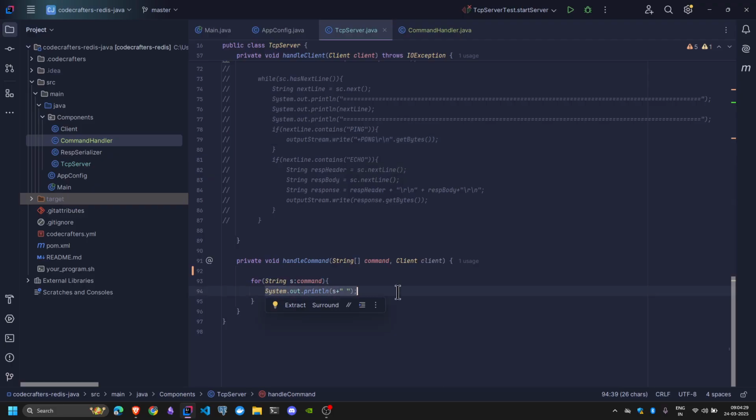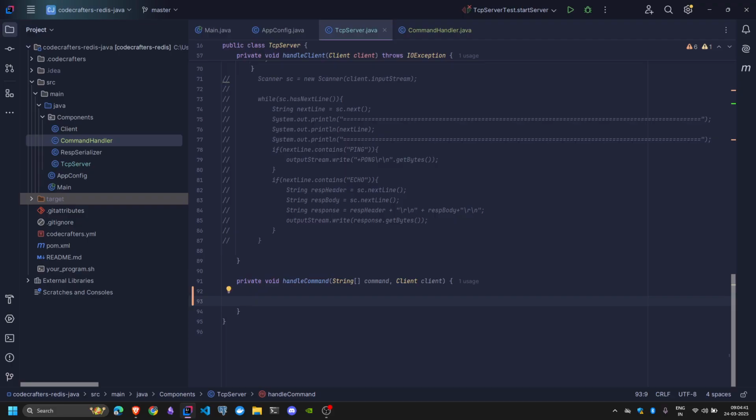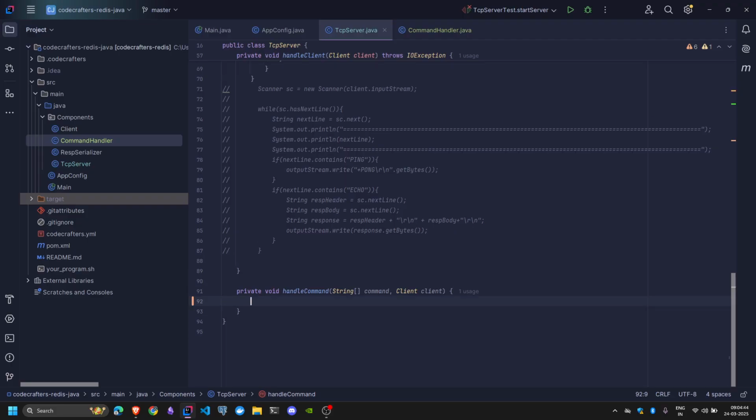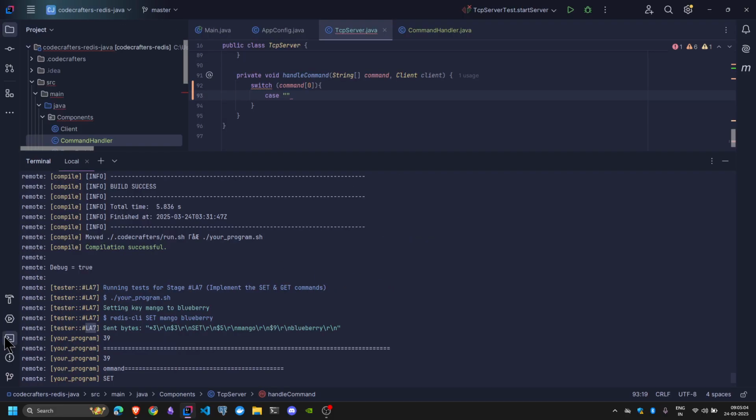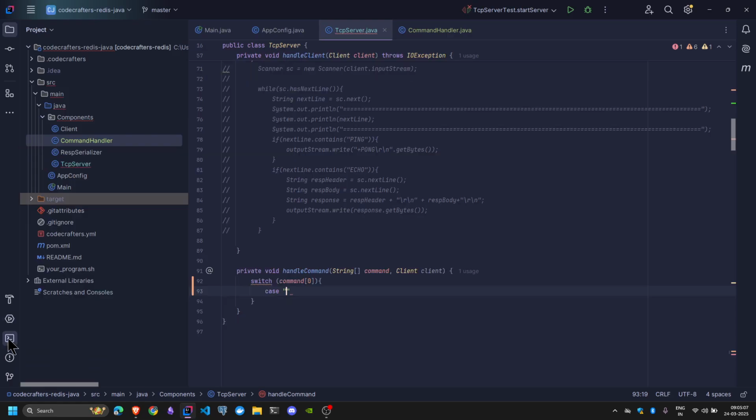And yeah, here let's do a switch case on, yeah, not this. I don't need to run a for loop on it because I know the command is going to be the first string in the command array. So I'll just do a switch on command of 0. Case, is it in capitals? Yeah, it's all in caps. So if it's ping,